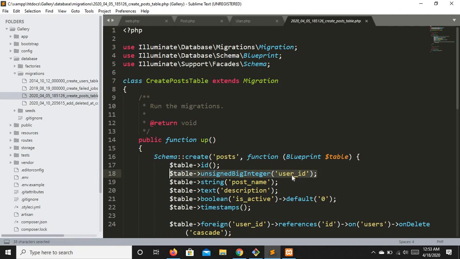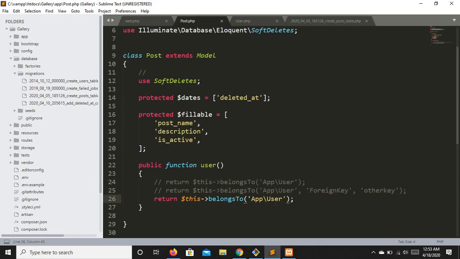If you change the conventions, if you are not following the Laravel conventions or you are having any other specific name for this column right here, what you can do is just type it here. For example, let's say you wrote some underscore id. So this is how you are going to pass a foreign key right here.